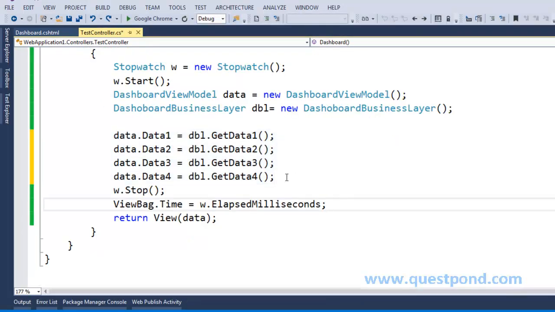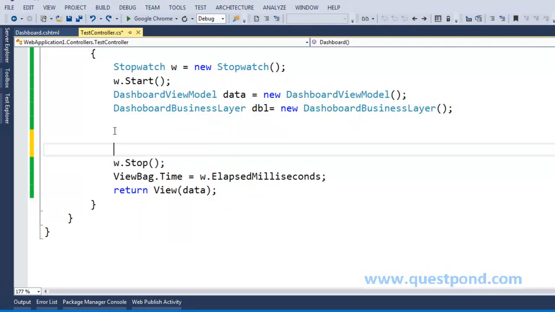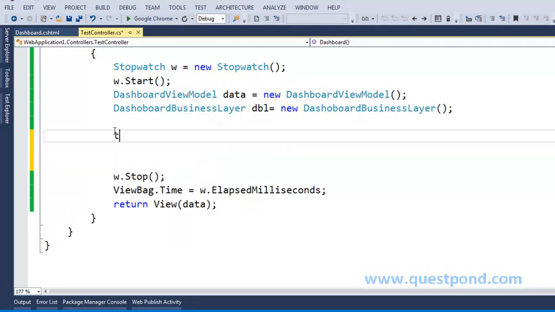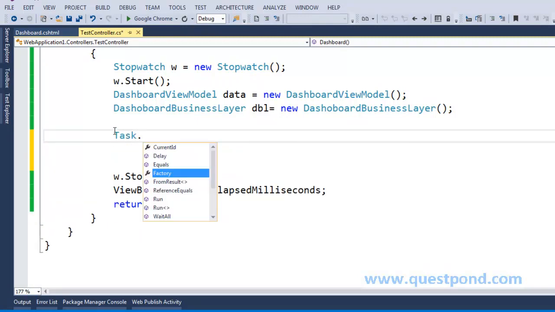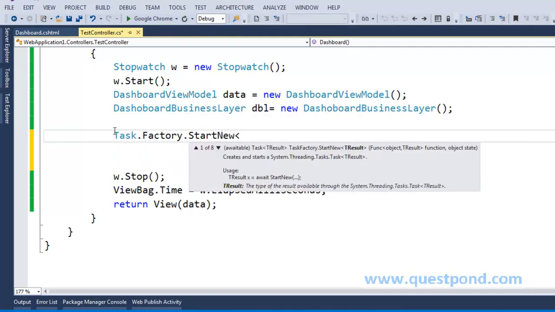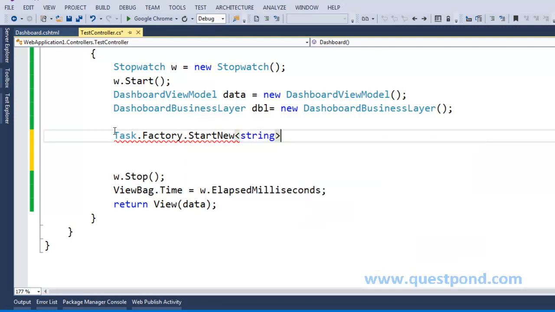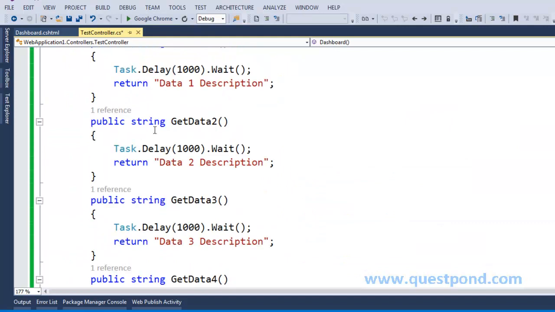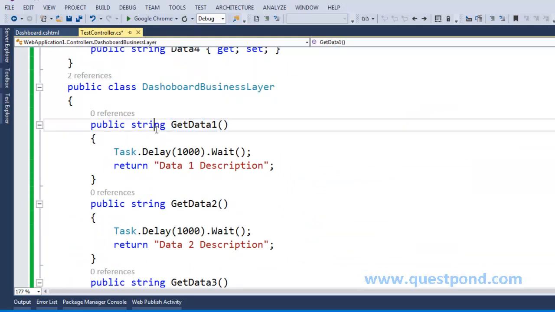For that, I'll simply remove this code and put Task.Factory.StartNew. It means create a new task and execute it, and what we will get in response is a string. Basically when we invoke this get data 1, we are going to get a string in the output.